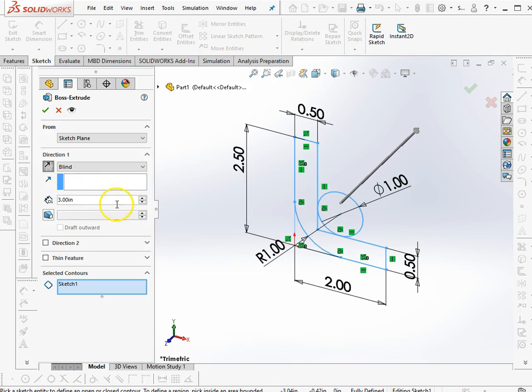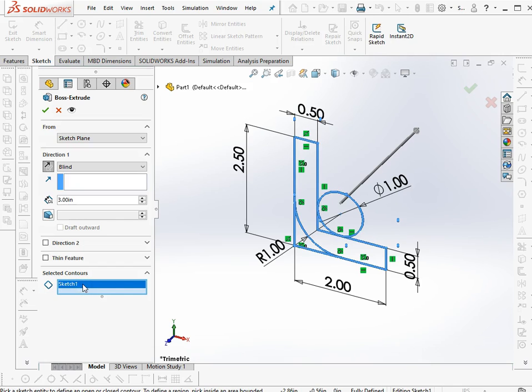Second thing is, because we don't have a completed sketch, it doesn't know how to extrude this. We have this sketch, but it has circles and there are parts missing. So right now, it doesn't really know what to do. If you have a complete sketch that has no extra pieces in it, it will say, okay, that's it. It will do it correctly, and you'll know immediately. You won't have to change anything. But in this case, we have to pick what contour we want to have